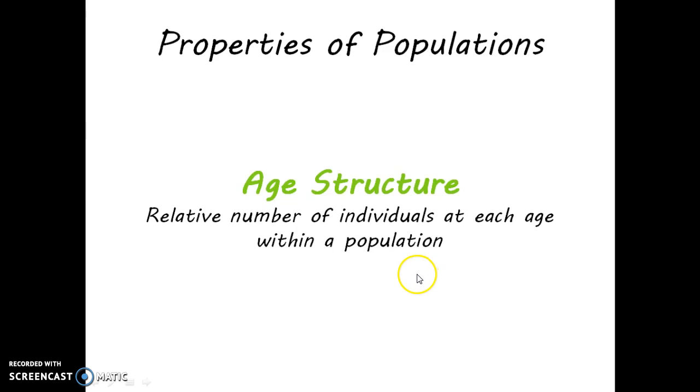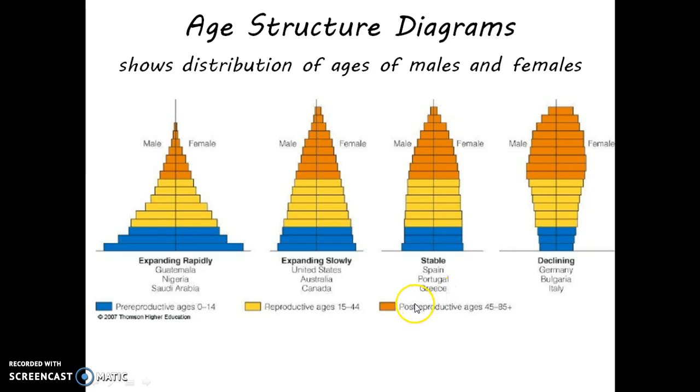Next up is age structures. This is where we can look at a population and we can look at the relative number of individuals at each age within a population. And we do this with human populations a lot to decide if the population is growing, if it's stable, or if it's declining. So take a look at these age structure diagrams. We can see that they're broken down between males and females within the population, and it shows the relative distribution of ages